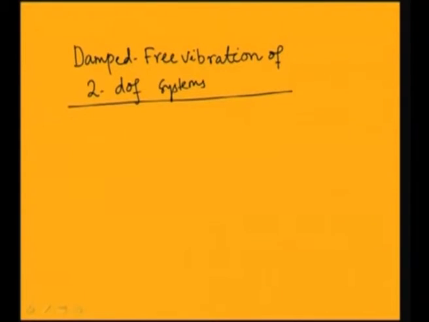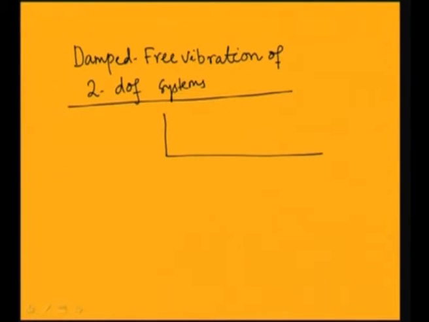Last class we studied this, where I drew a spring mass damper system with damping. Today we will see an example of the damped free vibration of a 2 degree of freedom system, and also we will study semi definite systems and forced vibration of 2 degree of freedom system. So, to start with the damped free vibration of 2 degree of freedom system, let us see the example we have taken in the last class.